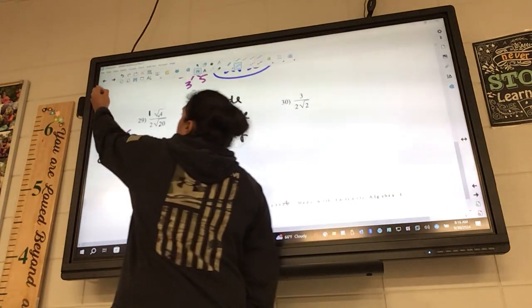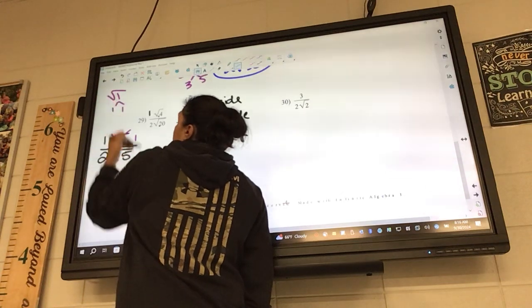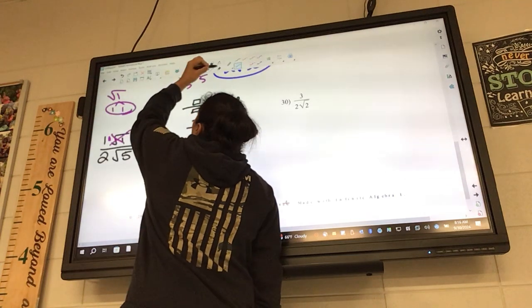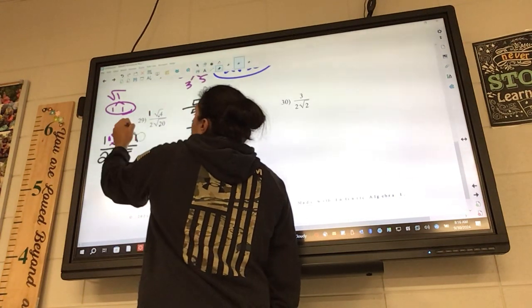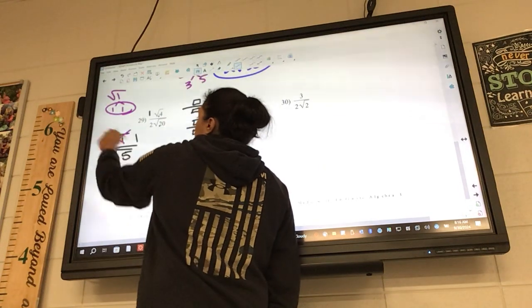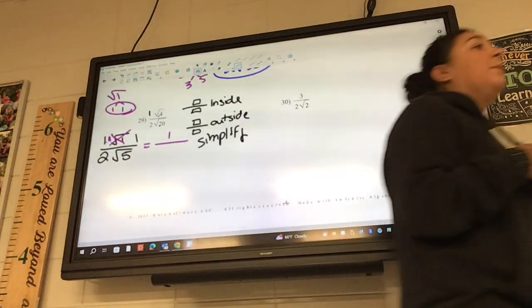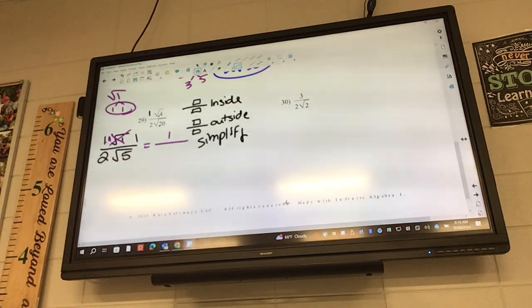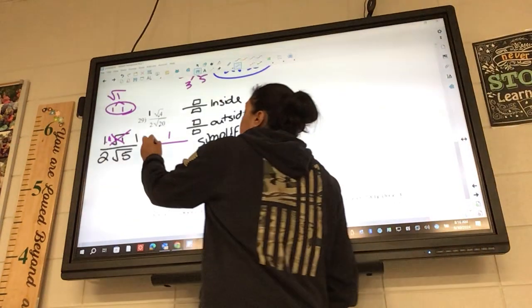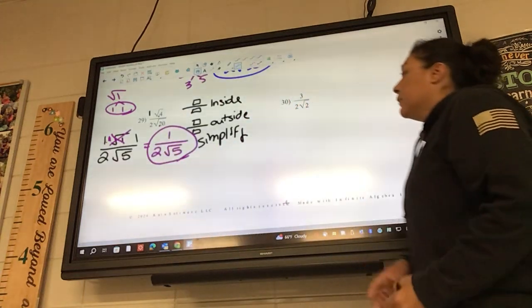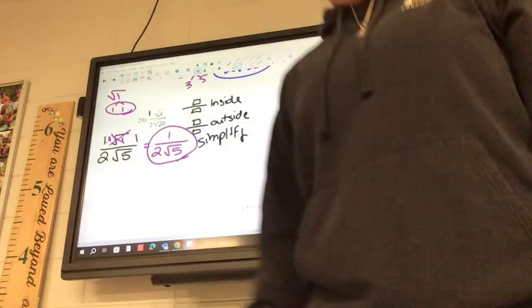And really what's happening here is this, okay? We have 1, well, it's 1 and 1, and so a group of them can go, and if they can go, they would go here on the outside. And so what do you do if you have 2 of them on the outside? Multiply. So 1 times 1 is 1, and then a square root of 5. What does the square root of 5 become? It is still a square root of 5, okay? It does not become 5, it still becomes the square root of 5. And so you're going to have the 2 on the bottom and the square root of 5. Okay, the rest of the sheet is